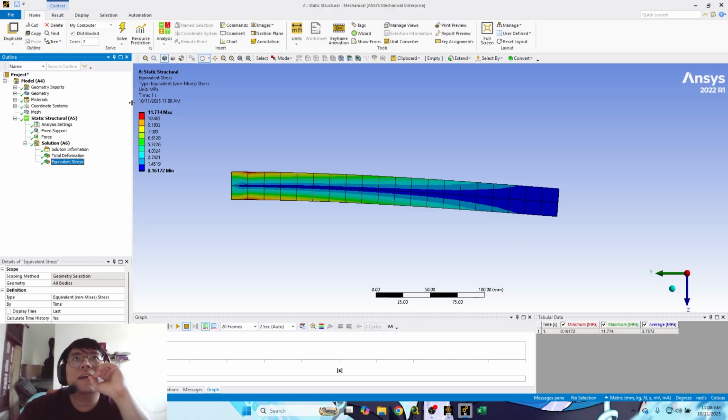So that's the limit for the convergence test. This counts for the stress singularity.